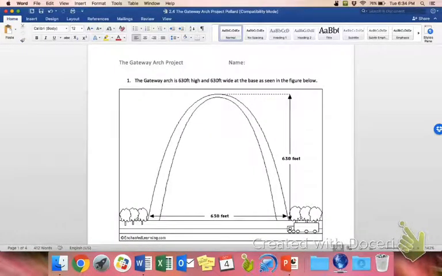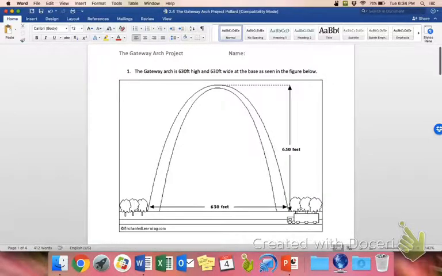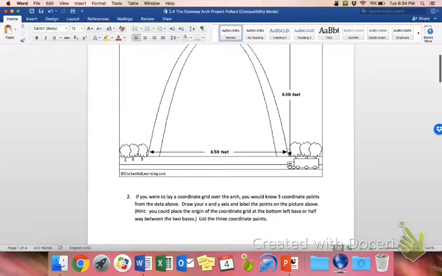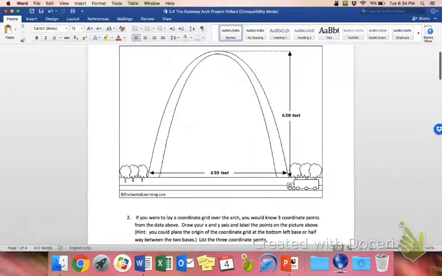Okay. With this packet, I'm going to go through with you how to find the equation of the arch, and then after that, you'll do one on your own. So the first thing we need to note is that the Gateway Arch is 630 feet high and 630 feet wide, as noted in this picture. So we need to first find 3 points